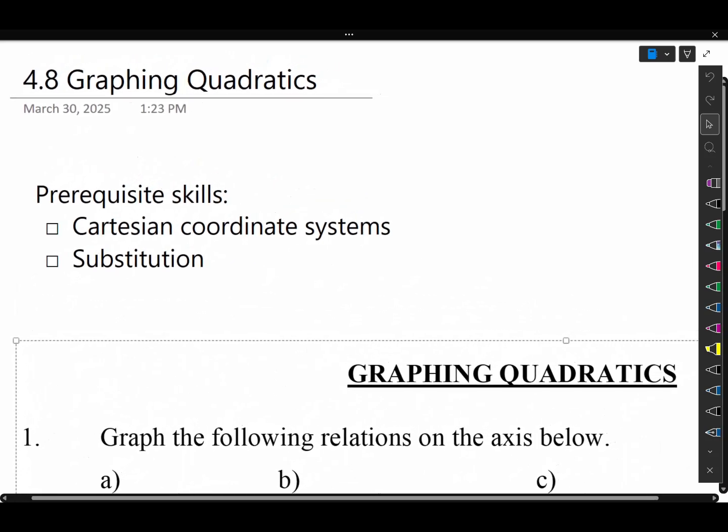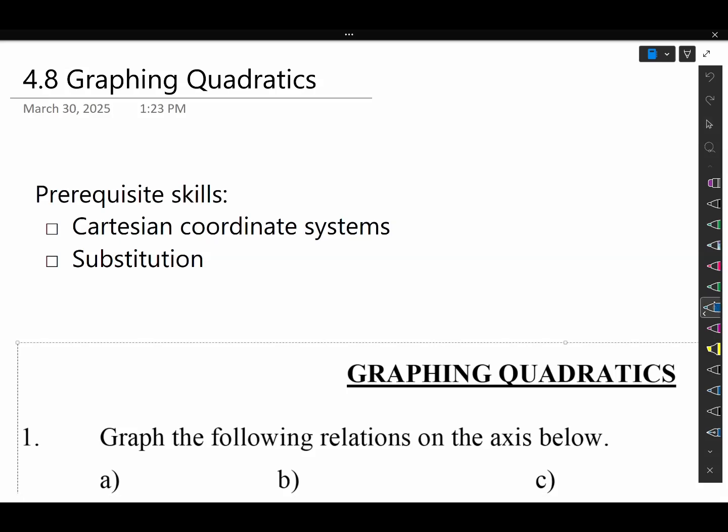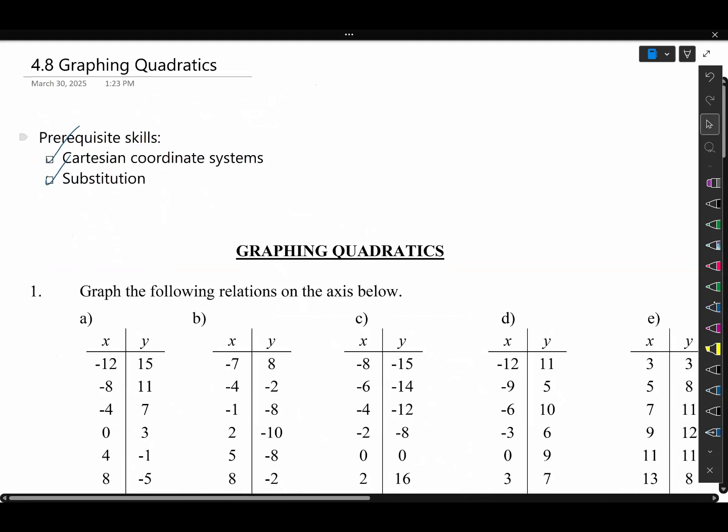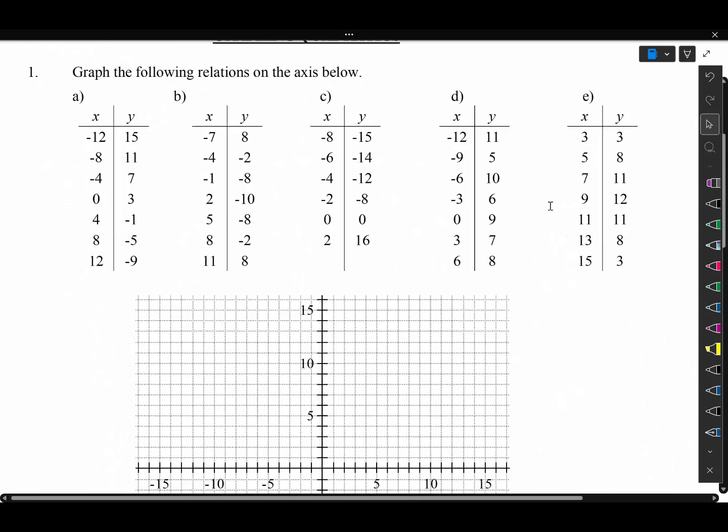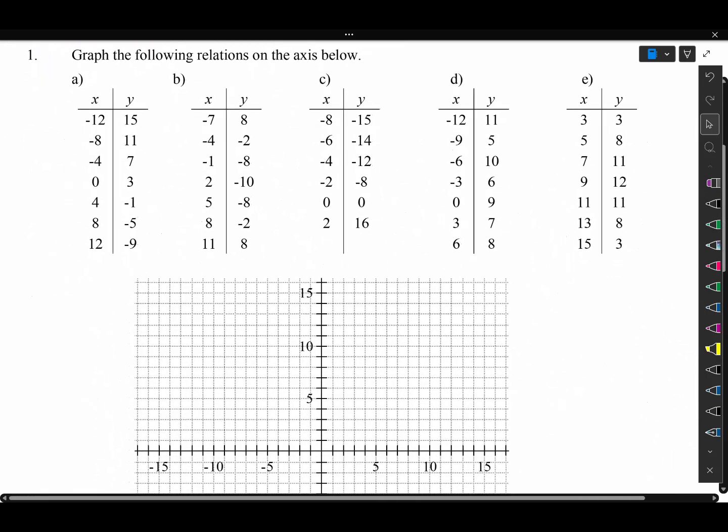If you're handling this lesson, you'll need to make sure you are comfortable working with your Cartesian coordinate systems. That is your x, y axis on top of each other. That is what you are used to just calling a graph. You'll need to make sure you're comfortable working with your substitution, and with your BEDMAS. Now, when we are graphing our quadratics, often,